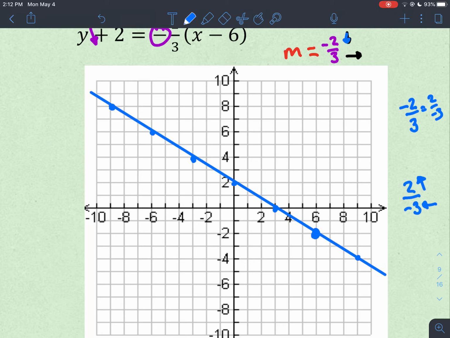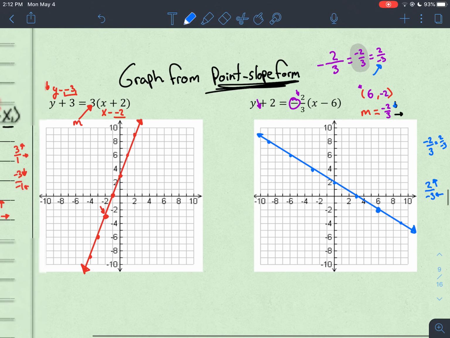It looks like I missed the mark there, okay? And that will all fall in the same line. So that is graphing from point slope form. Grab the starting point from the X and the Y locations there, and then use your slope to navigate. So you've got a starting point